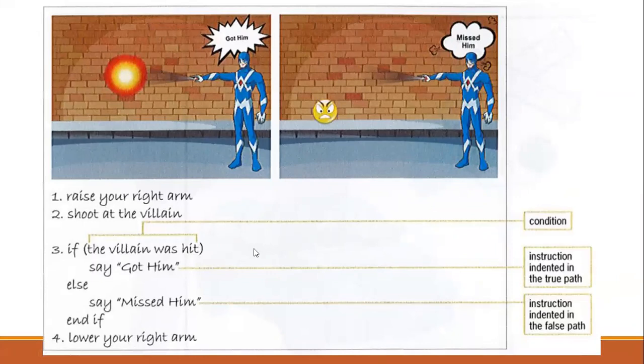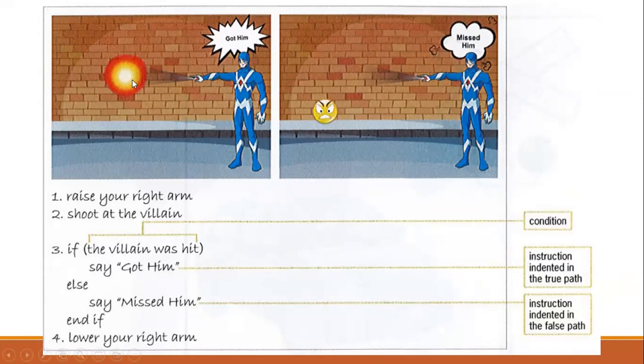So here you can see this is a superhero, right? This is a villain. Villain means the anti-hero or something. The superhero has some conditions or tasks to follow. First he wants to shoot that villain.